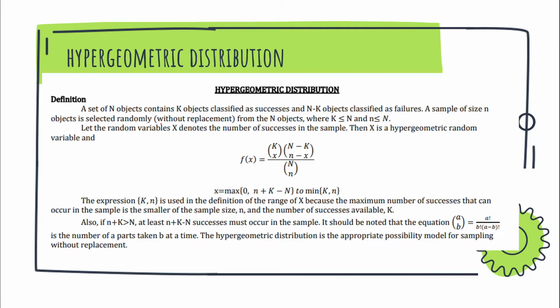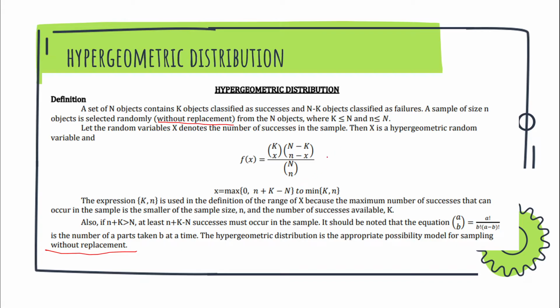So this one is without replacement. Take note that the hypergeometric distribution is appropriate for sampling without replacement, for N objects where K is less than or equal to N and n is less than or equal to N. So this is the formula. Let the random variable X denote the number of successes in the sample. Then X is the hypergeometric random variable. So this one, f of x, is equal to